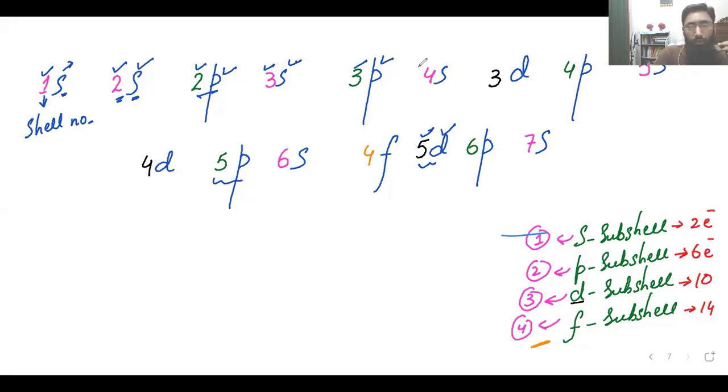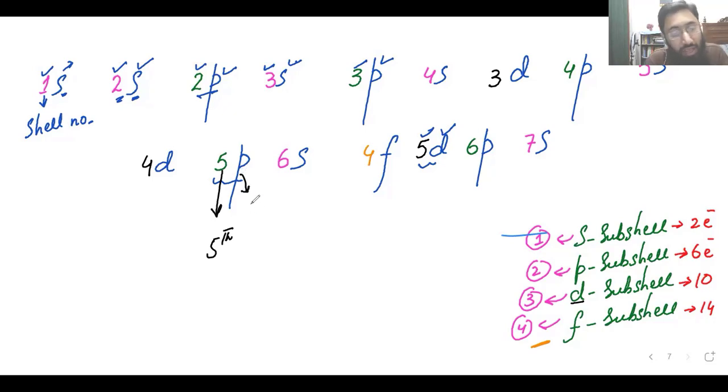What does 5P mean? Bukhari, you are right. Listen, guys, 5P means this 5 means fifth shell, and this P means